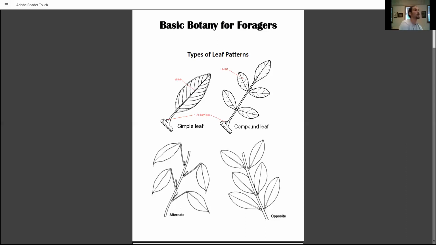Depending on where you are in the world, some common examples of compound leaves might be pea plants or locusts or walnut trees. And again, the distinguishing feature is the location of that bud. A bud being a new growth site